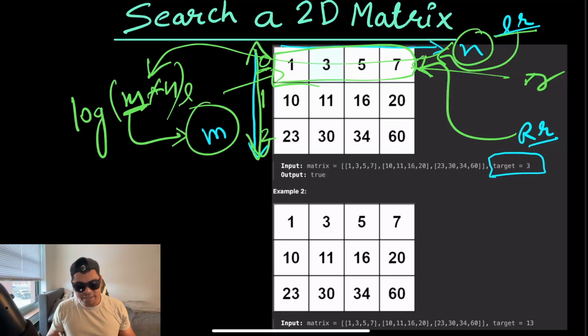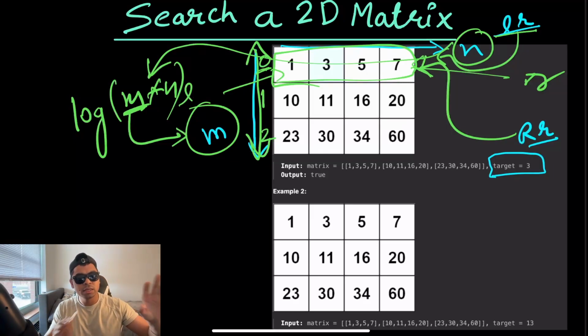And once we find out the right row, we'll have another while loop inside that, checking for the target in a binary search algorithm, right? Find the target. If you find it, that's okay. If you don't find it, return false, because now you are in the right row. If it doesn't exist in the right row, it wouldn't exist anywhere in the